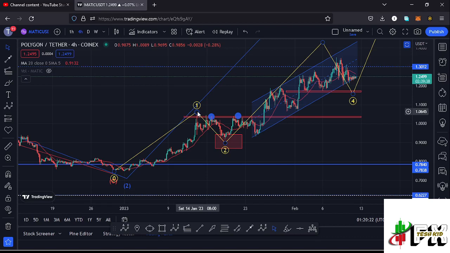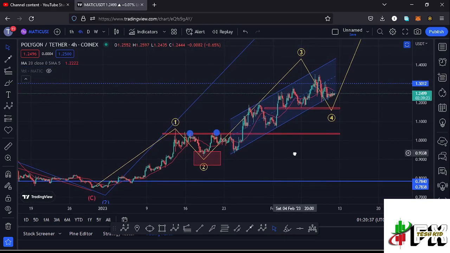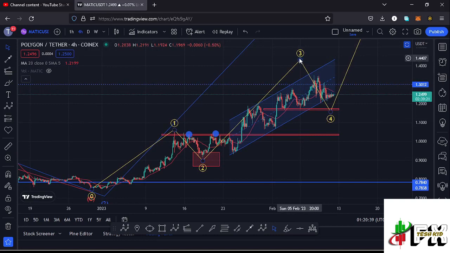And after seeing the high for that wave 1, we started a corrective structure right here in the formation of this wave 2, which retraced back to the area between the fib level 0.382 and the fib level 0.5. And after seeing the low for that second wave, what I was expecting next is a bounce to the upside in the formation of this wave 3. And I still believe that what we are seeing over here is that bounce to the upside in the formation